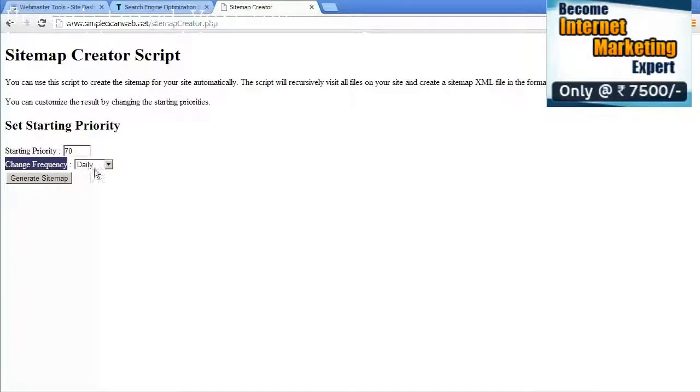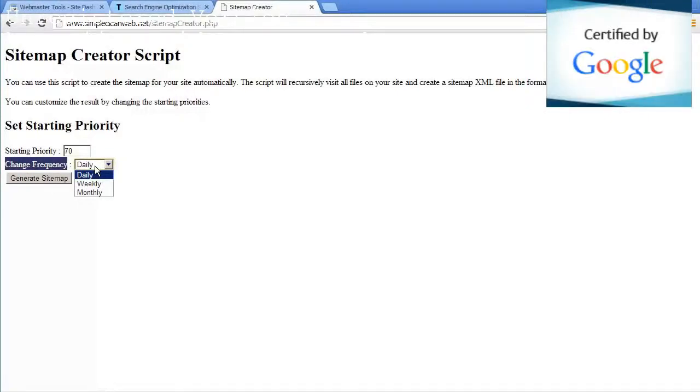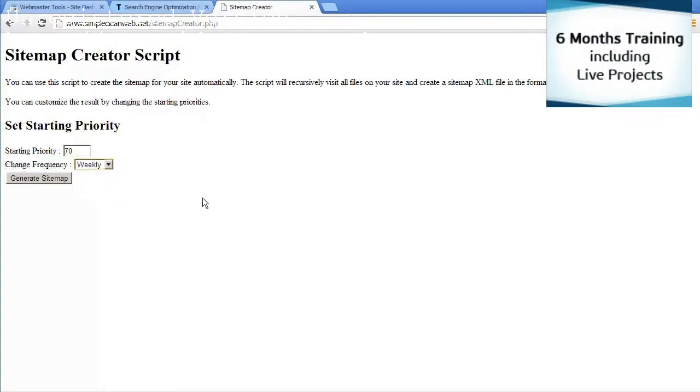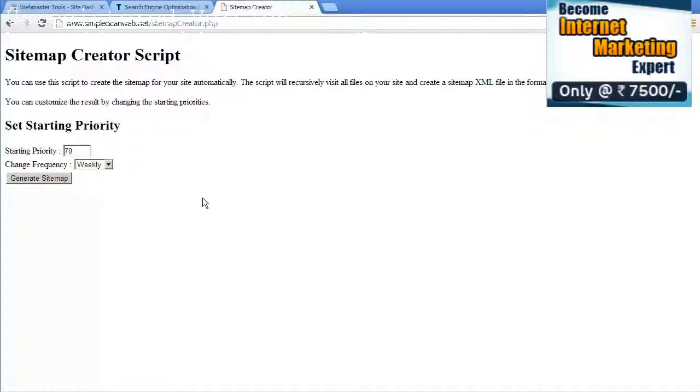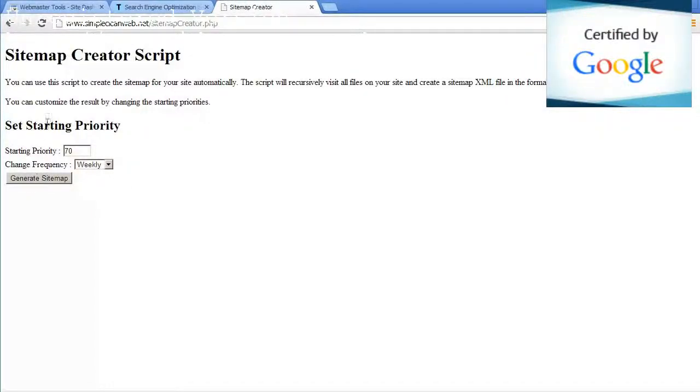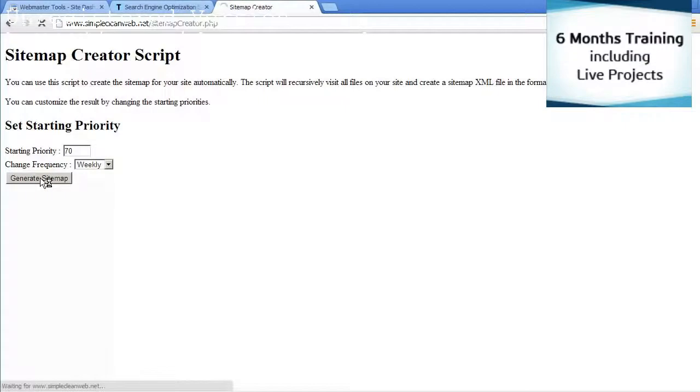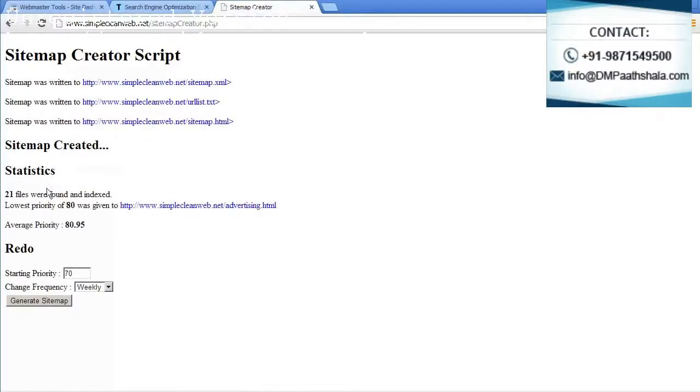Change frequency can either be daily, weekly, or monthly. That's how often you update your website. I'm going to go ahead and select weekly from that. And that's basically telling search engines, come back about once a week and check for updates to my website. Once you've done that, you'll just simply click Generate Sitemap here, and you should see that the sitemap has been